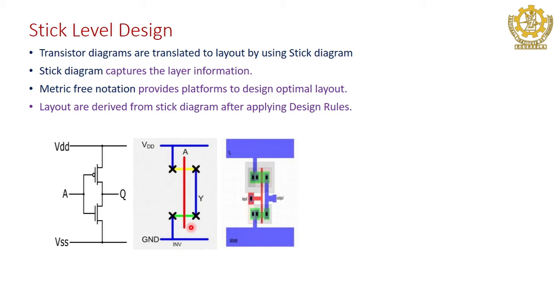Input will come from the left side and output will go to the right side, because on the right side, if there is another chain of inverter, its input can be connected to this output. Did you understand my point? This is the output, so another one can be connected. If I make the output on the other side, then it has to go and connect around like this. Then connection routing will create more capacitance and more delays. So input comes from the left side and output goes to the right side.